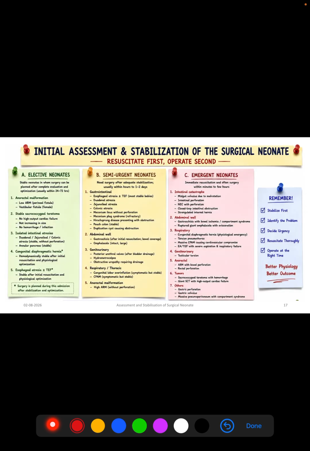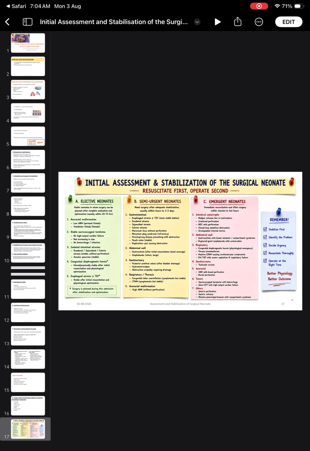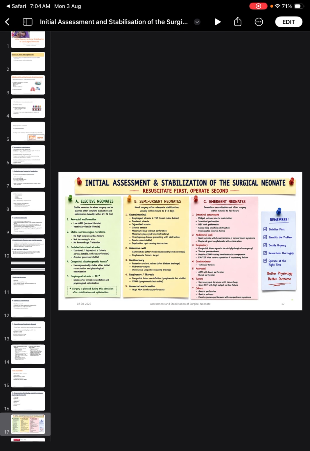So now we are coming on the initial, as we have that we have to resuscitate first and operate second. This is the main important thing. And then we have divided it into elective neonates, semi-urgent neonates and emergent neonates. तो इलेक्टिव नियोनेट की अगर आप बातें कर रहे हैं,